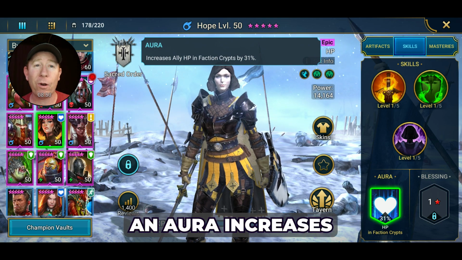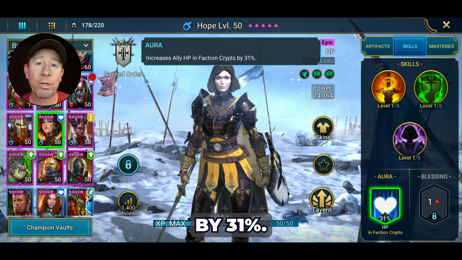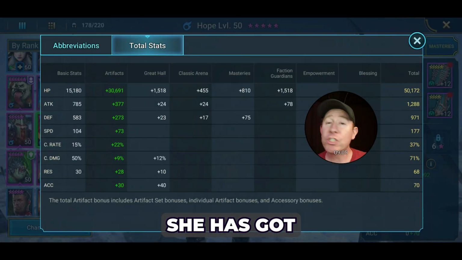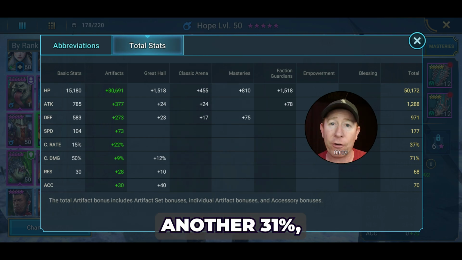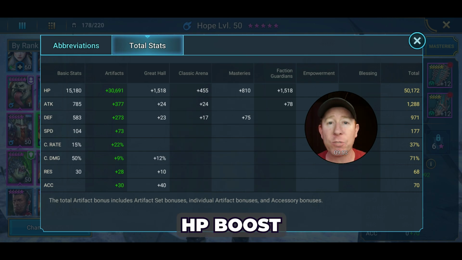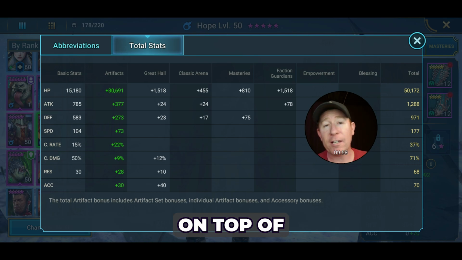She does have an aura, increases ally HP in factions by 31%. That is pretty nice for the faction keeps. My Hope, she has got 50,000 HP, and if I increase her HP by another 31%, she gets a 15,500 HP boost for being in the faction keep if she is the team lead, to go on top of that